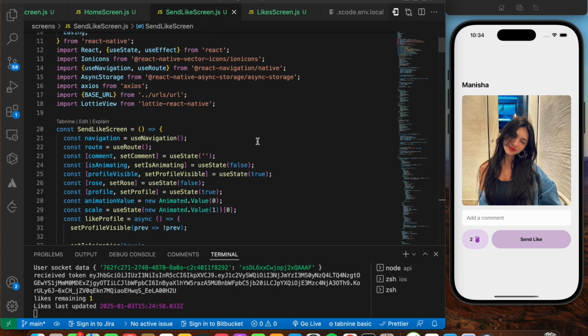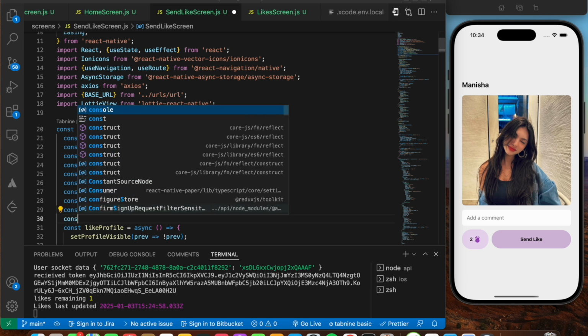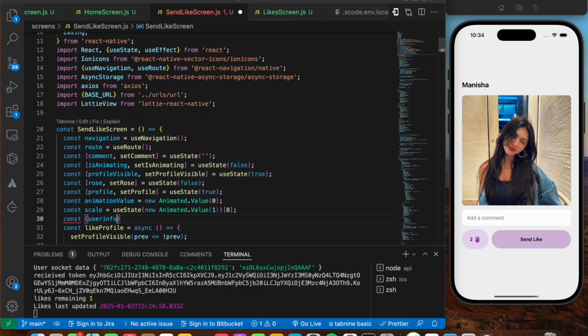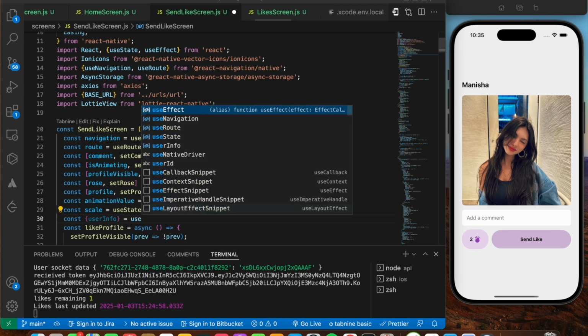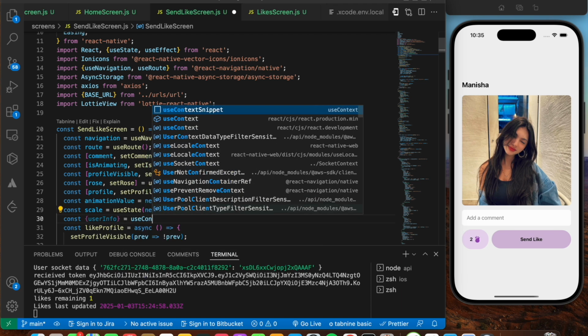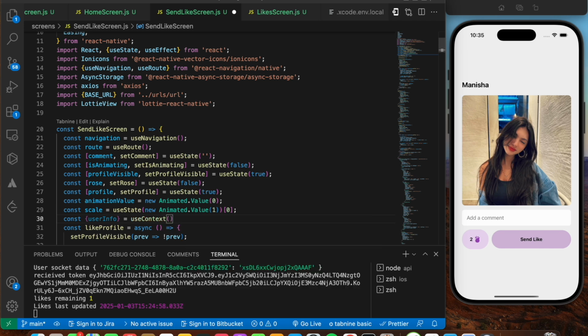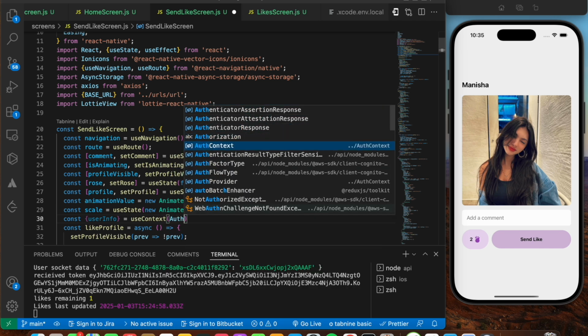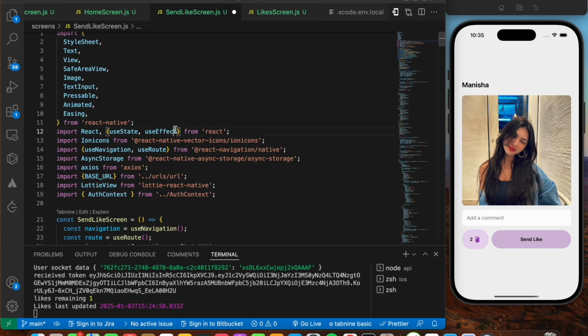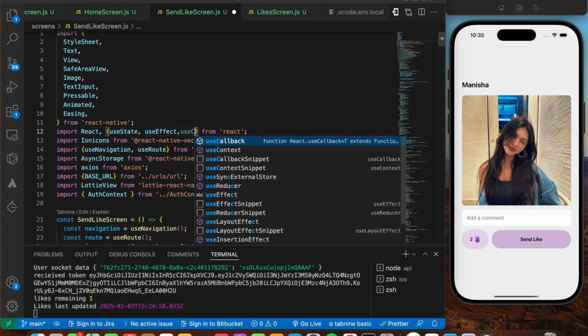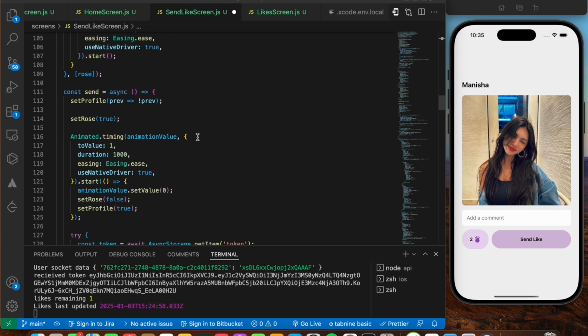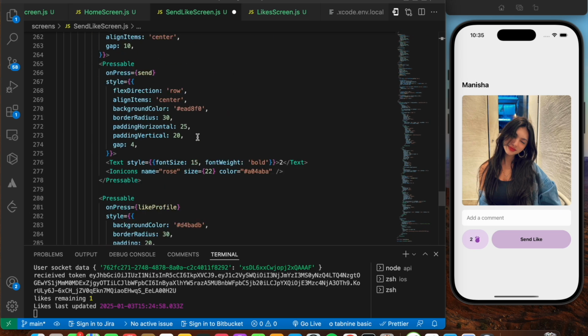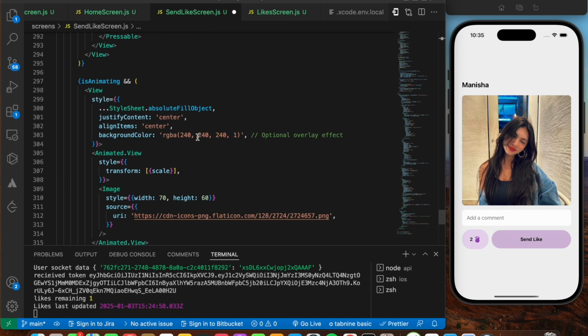So for that I'm just going to initialize my user info, that is from my context. I'm going to say const userInfo is going to be equal to useContext of your AuthContext. Let's import useContext over here from React, and to access the roses it's going to be userInfo.roses, right? So here I'm going to say